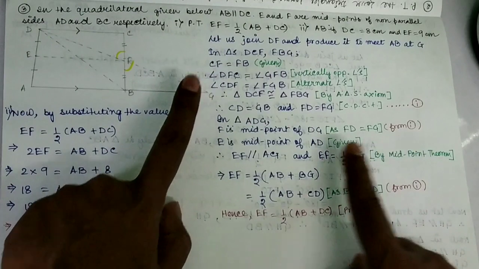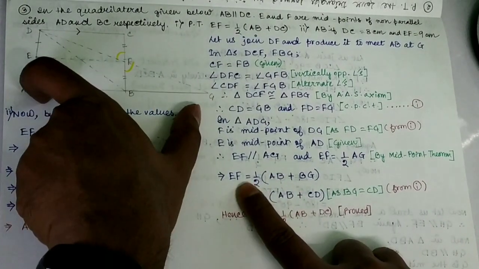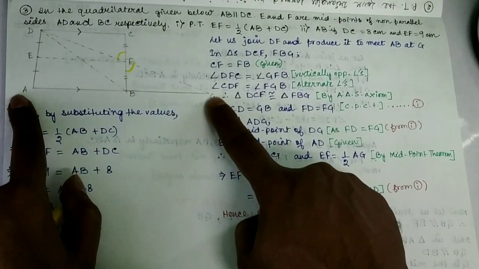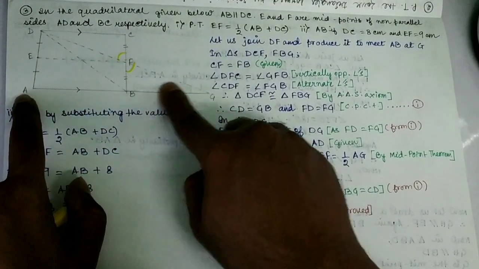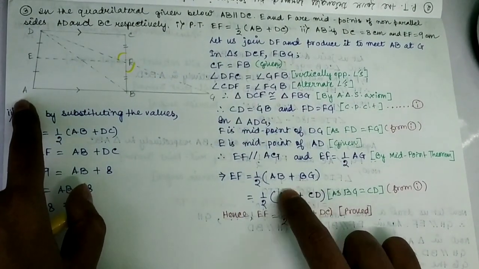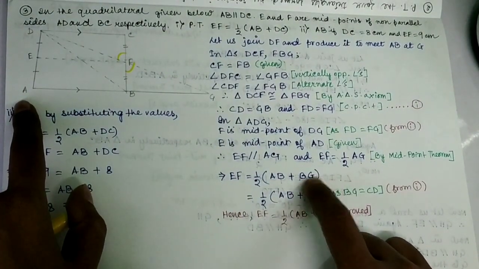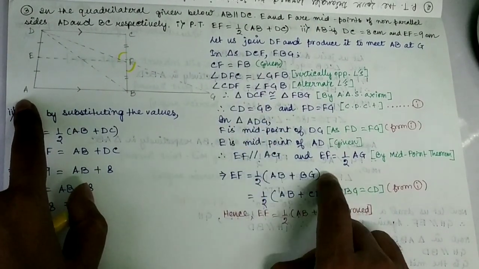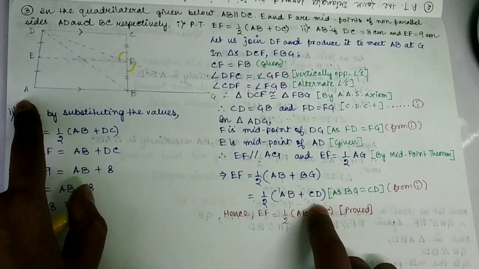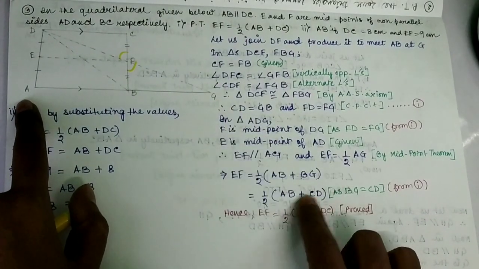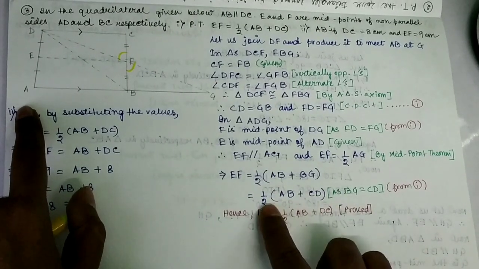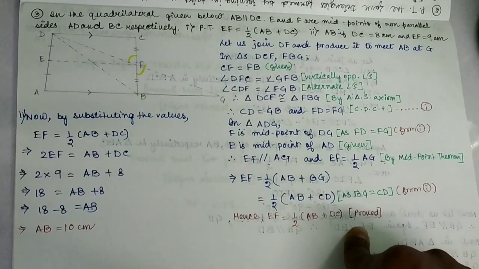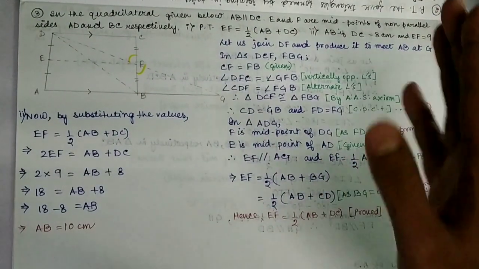Clear? Now next, if we break this line AG, we can write AG as AB plus BG. Yes, because this is AG. So what will be AG? AB plus BG. Now again, see all of you. Previously we have proved that this BG is equal to CD. So in place of BG we can easily write CD. So see, our proof is done. EF equal to half of AB plus CD. Now we will do part 2. In part 2, what have they told?